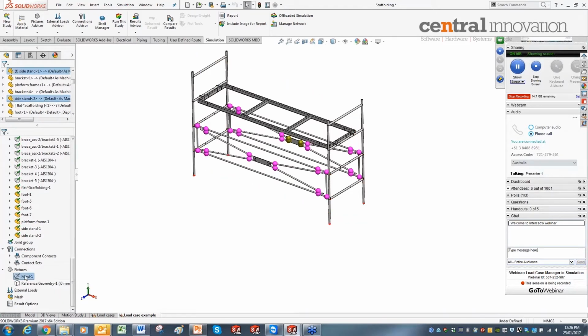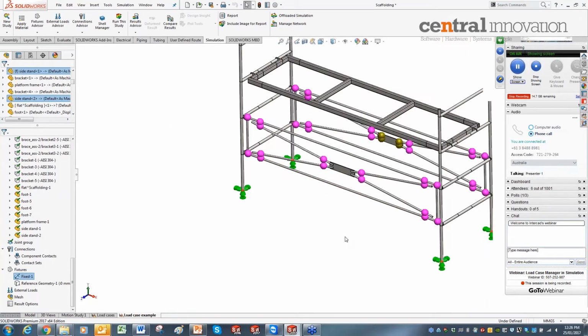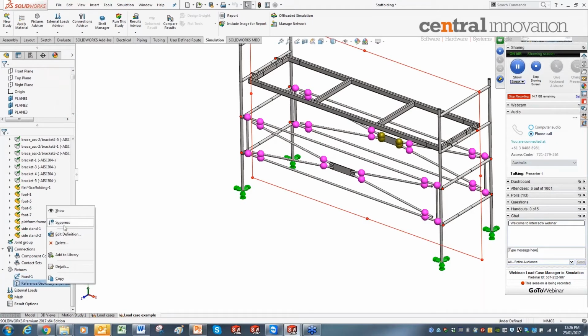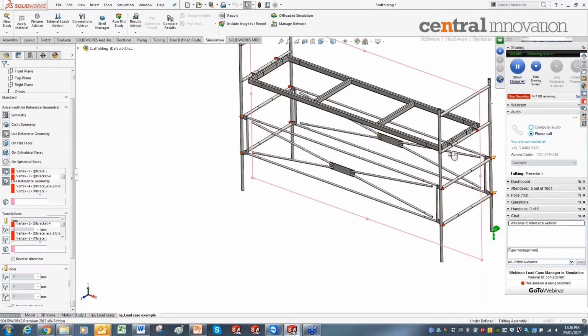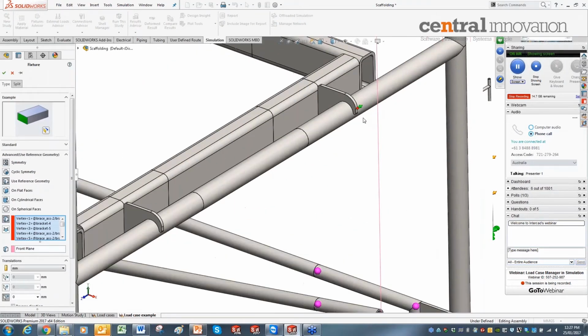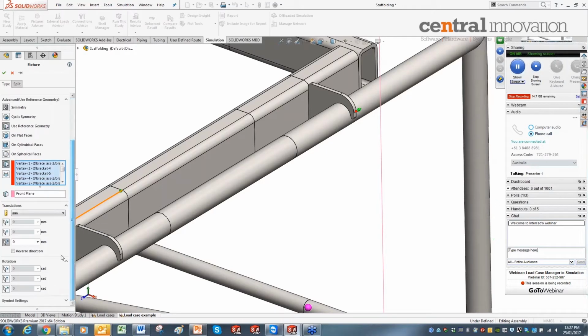And as you can see here, the legs are fixed to the ground. So I define the fixed geometry on these 4 legs. You can see here, the bottom faces of those vertical legs are fixed and constrained. And the next thing is I have defined use reference geometry on this bracket. So I have selected these 10 red color points. I have selected the vertex point of this bracket, as you can see from my screen. This red color point is the vertex which is selected inside the fixture definition, and I have constrained